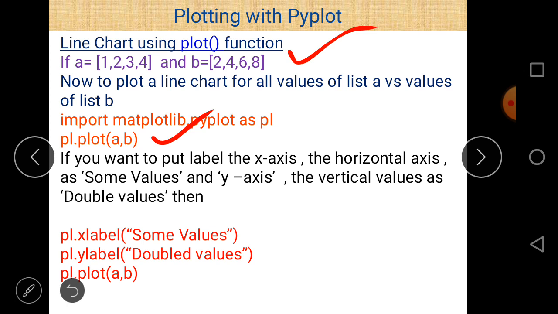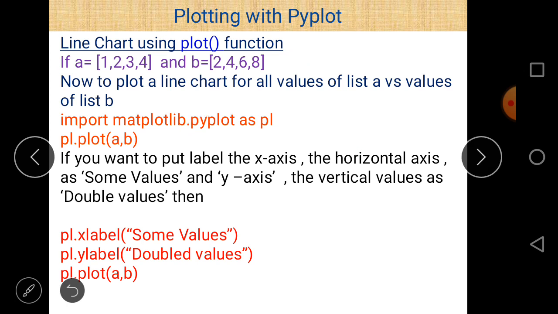To give the name double values to the y-axis, write pl.ylabel, and then within parentheses and double quotes write double values. Then if you write the statement pl.plot(a, b), there is a line chart with the x-axis named some values and the y-axis named double values. So this is a method by which we can easily plot a line chart.